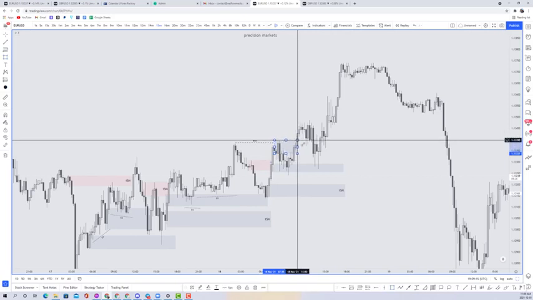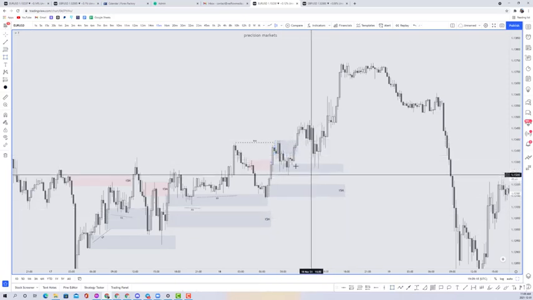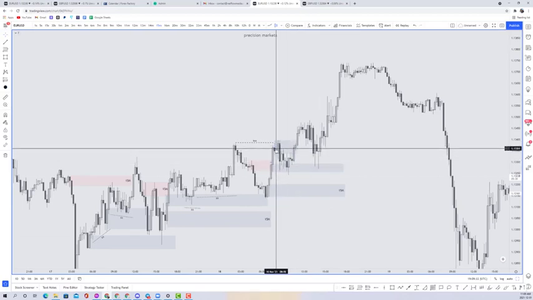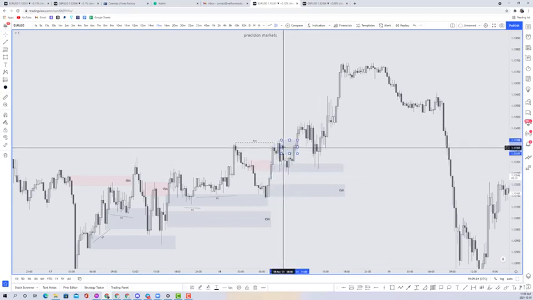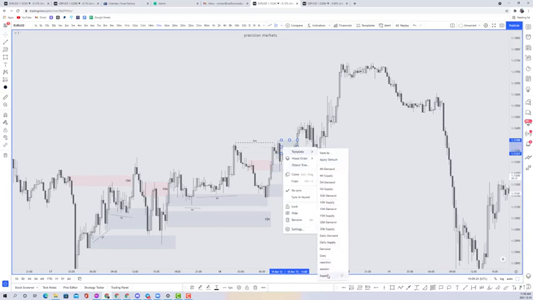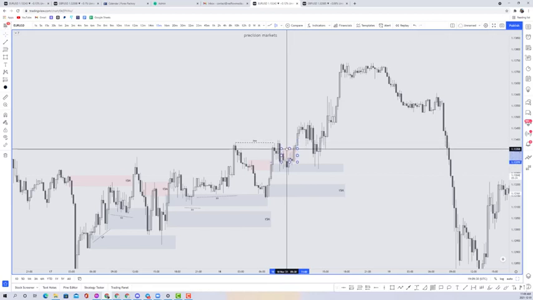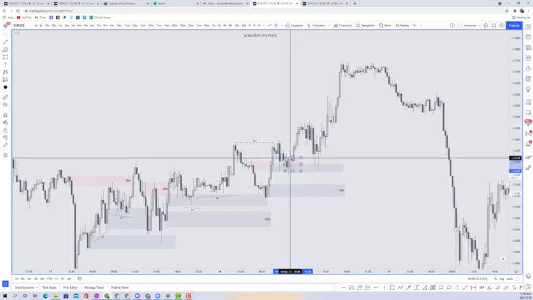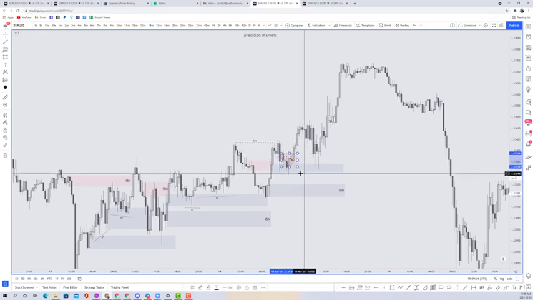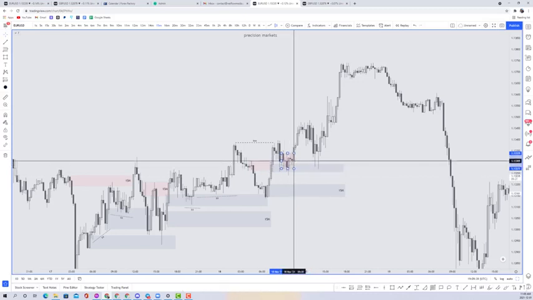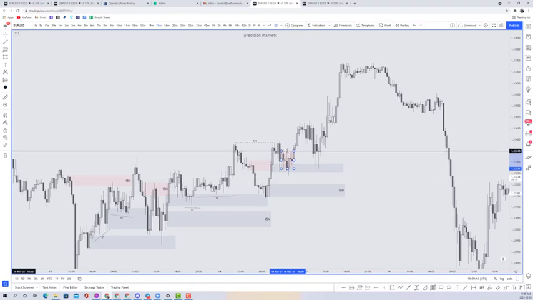Now, if you really investigate here, your reaction point's actually down here because the initial supply that you're actually looking for is lower. And this is why I tell people to trade one pair, maybe two max, because this is a lot of details to notice. So this little doji area, all these little wicks, that's actually a bit of a supply area. If you really want to get technical, that's the supply. You're looking at breaking,